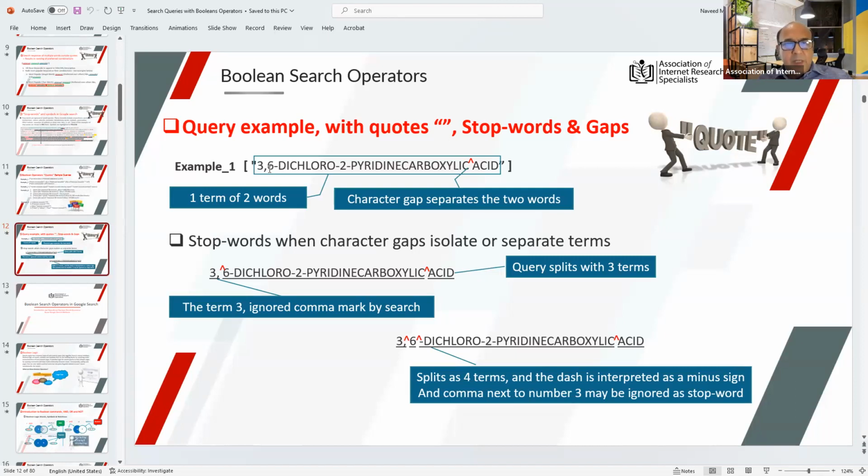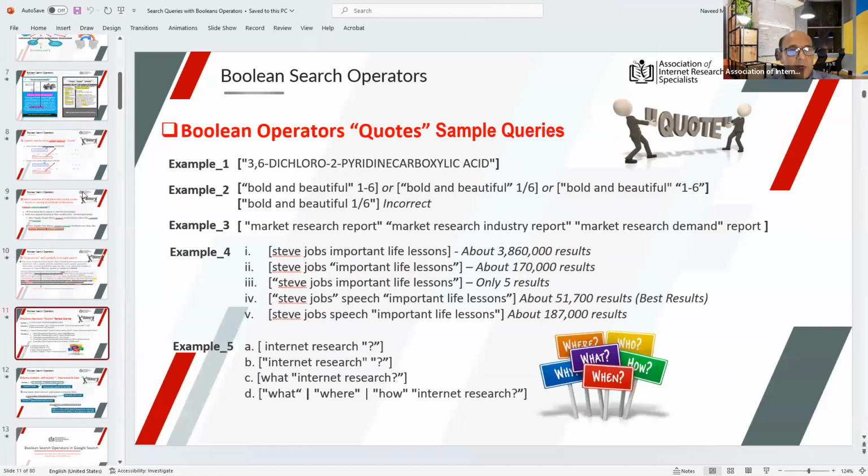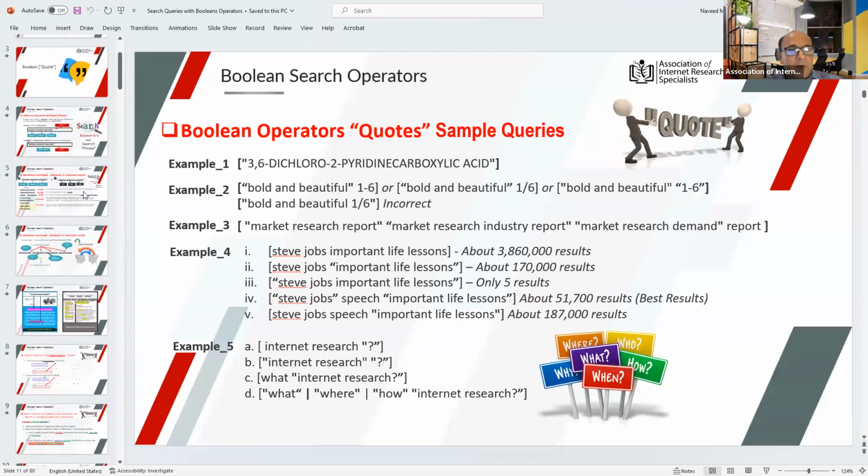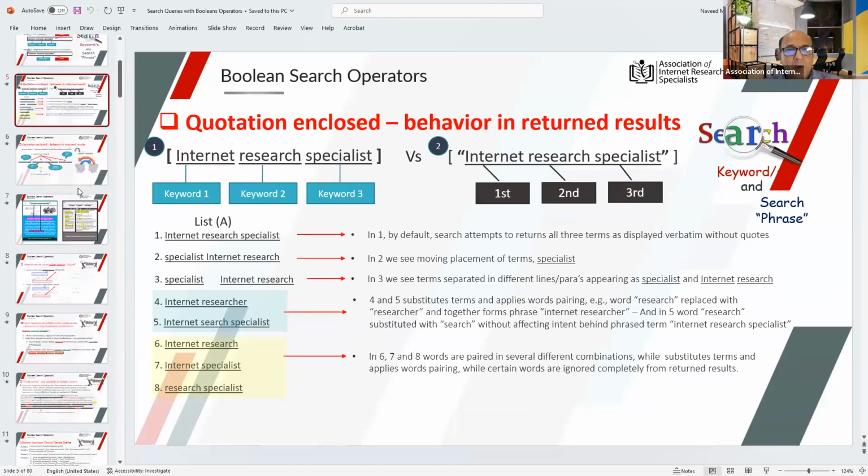So let's suppose we did this example, and here it is showing how the terms are separated. Here, it is saying that it is now one term of two words, and by the way, this upward arrow is just denoting that there is a gap between the words. So literally, these are two words inside of the quotation marks. That's all it is talking about. Query splits into three terms, how you can make it into three separate terms, and so on. So that's the only significance of this slide. And here we are pretty much done with the quotation mark situation. However,